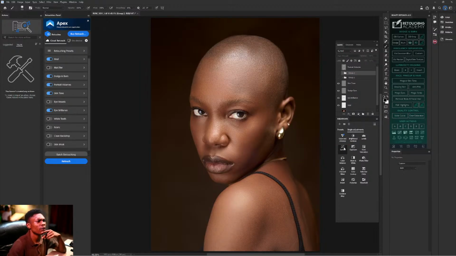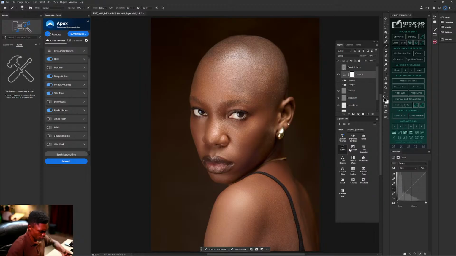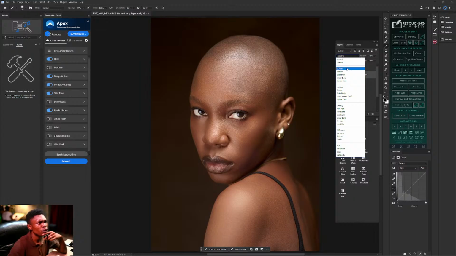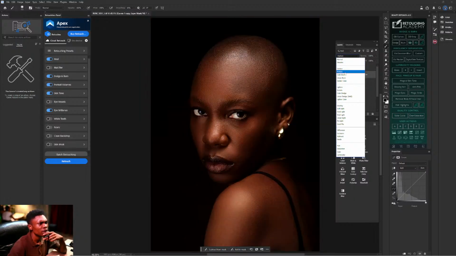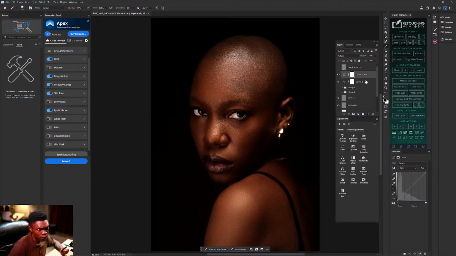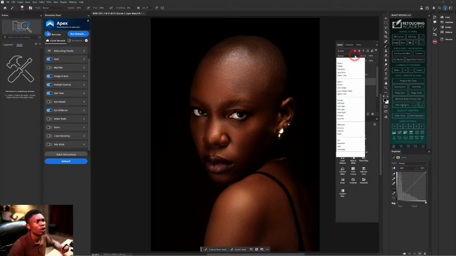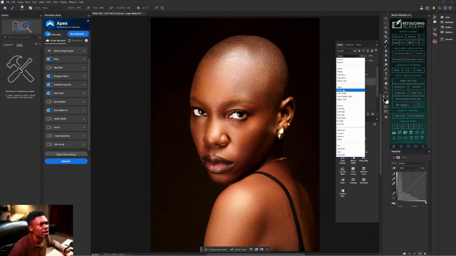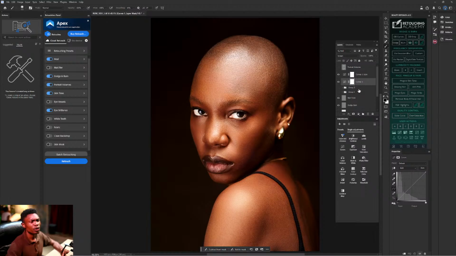Hey, I don't forget that one. Curve. Make a duplicate. I was supposed to remember. Hey, why do I keep forgetting this thing? Put it on multiply. If you put your curve on multiply, put your level maybe here, on screen. Yes. So this one now shows you where you are supposed to dodge and where you are supposed to burn.